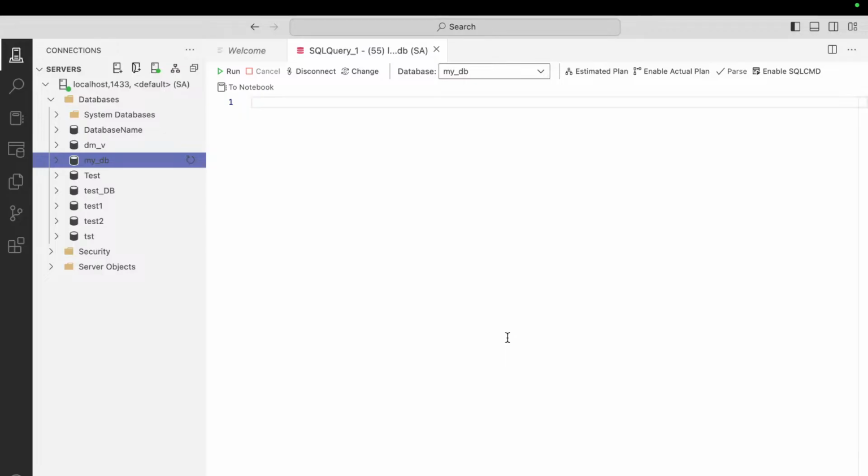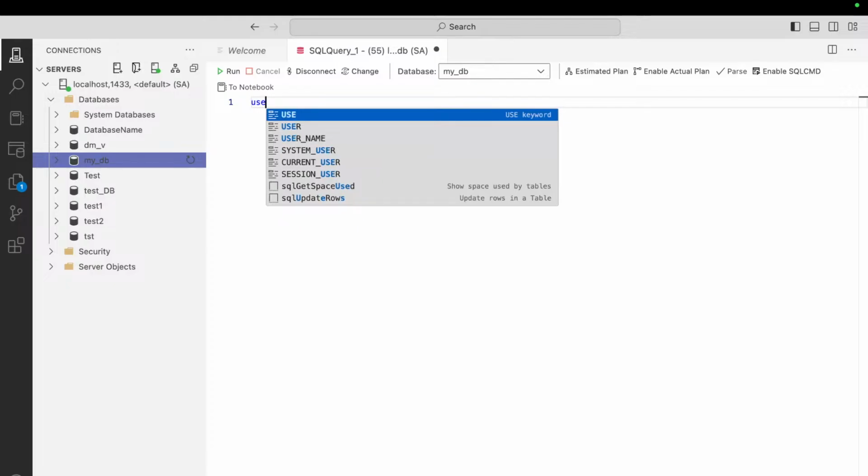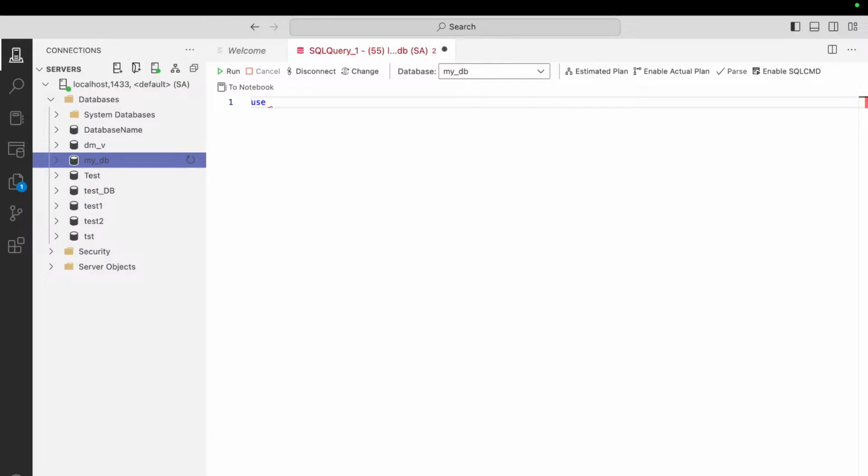So before we start, I'm just going to create a table. My screen is now visible, I believe. So I am just going to use MyDB. For that purpose I am going to use the use command, and under the use command I am going to use MyDB,